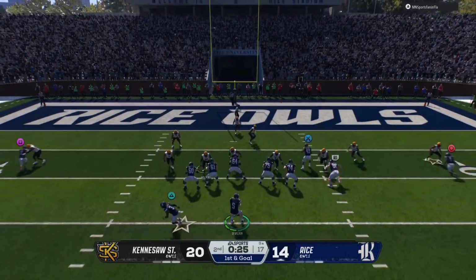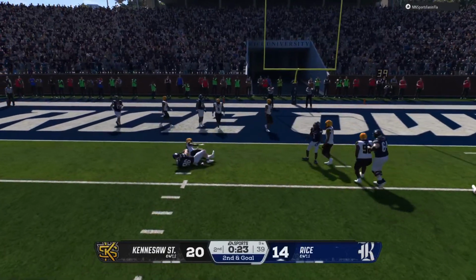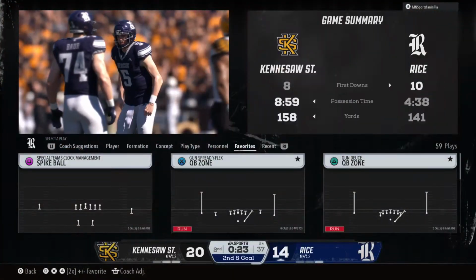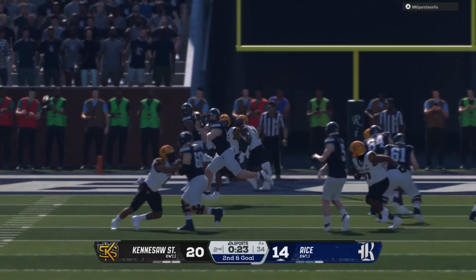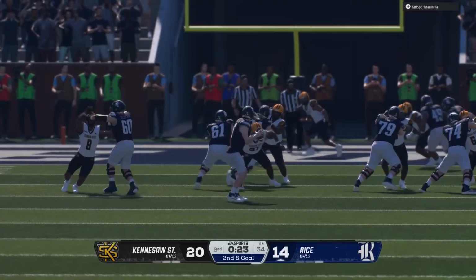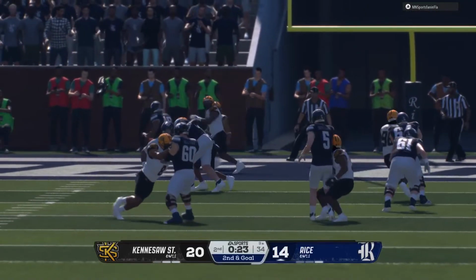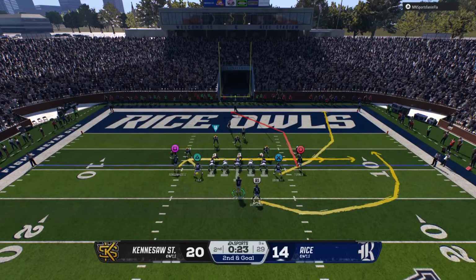First and goal. They'll go to the air. And the physical play there forces the incompletion on first down. Timing has got to be so critical when you're trying to throw the ball down close like that. They didn't have great timing on that one. Defense rose up deep in its own end on that last play. Now a second and long